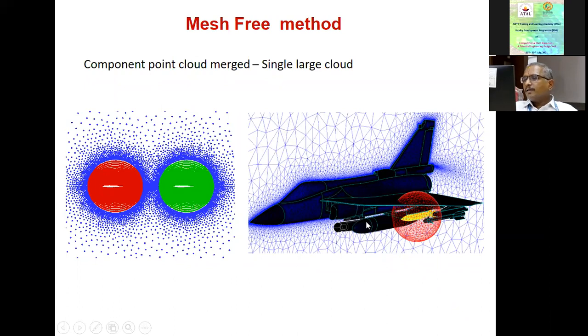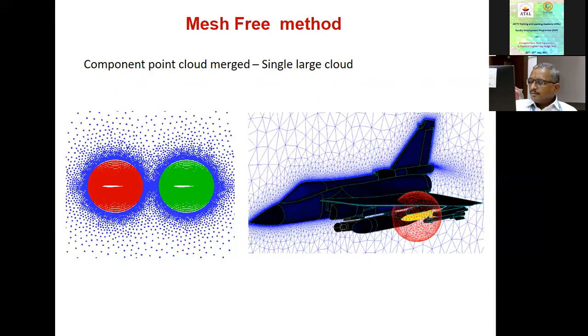It is not only the components attached to the main aircraft. Suppose I can separate out components from the main aircraft also. Suppose I want a different set of grids around each component of the aircraft itself. I can generate one grid around the wing, one grid around the vertical tail, one around the fuselage, and combine them together as the problem would dictate. At the end, I would combine the points sourced from all these individual grids and form a big set of points which will define my cloud of points.